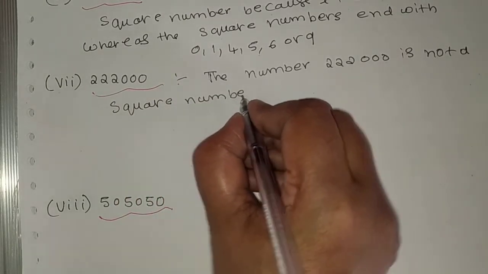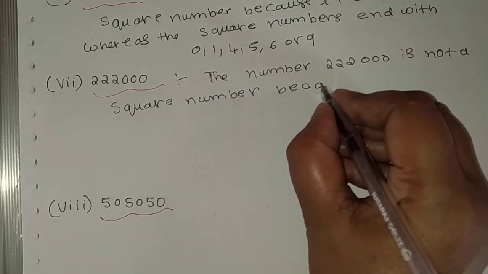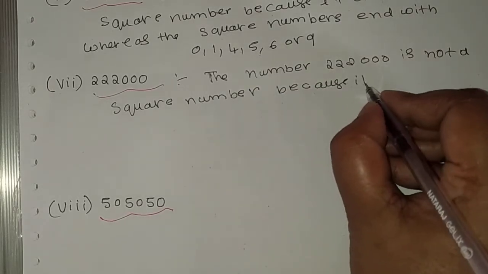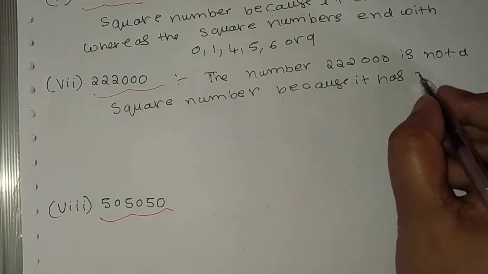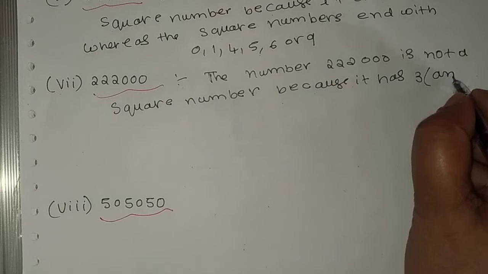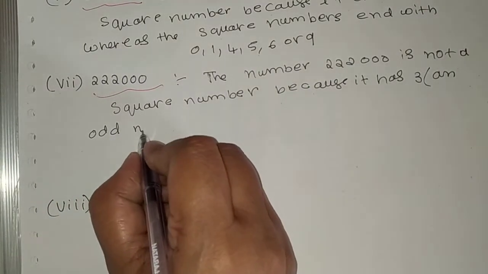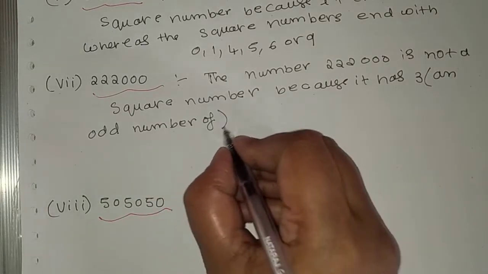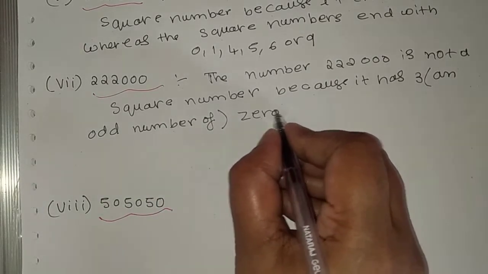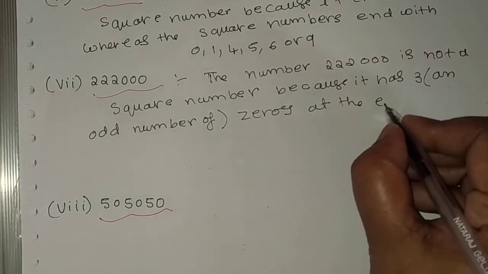Here also same thing, there are 3 zeros because it has 3, that is an odd number of zeros at the end,